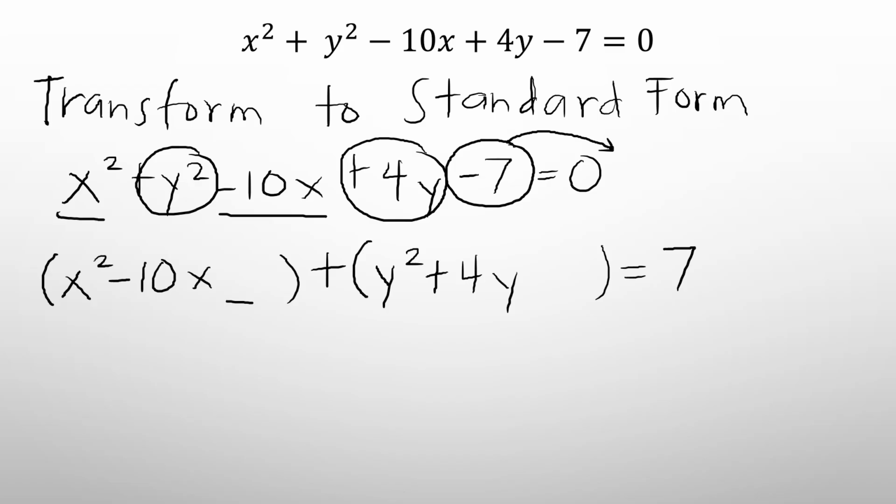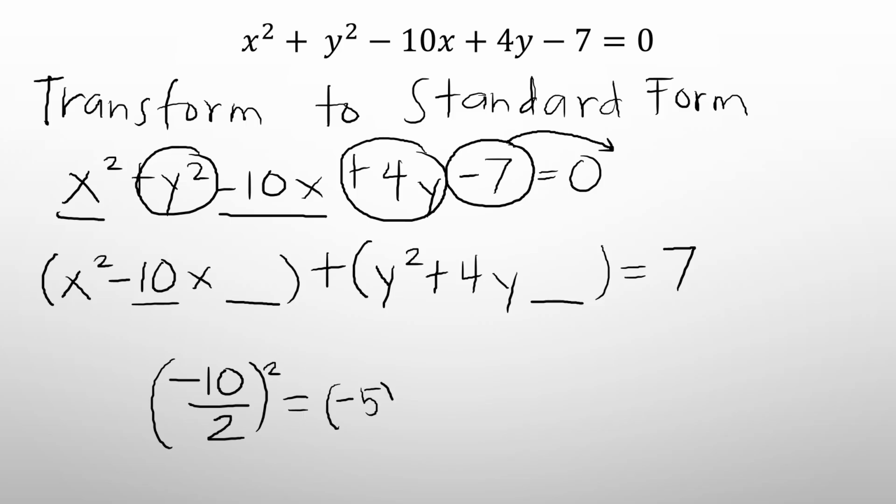Now, we identify the missing terms here using completing the square. We use negative 10 and then divide by 2. Whatever the value here will be divided by 2, then we square. Negative 10 divided by 2 is negative 5, and then we square, that is positive 25. Remember class, whatever you add to the left side should be added to the right side.